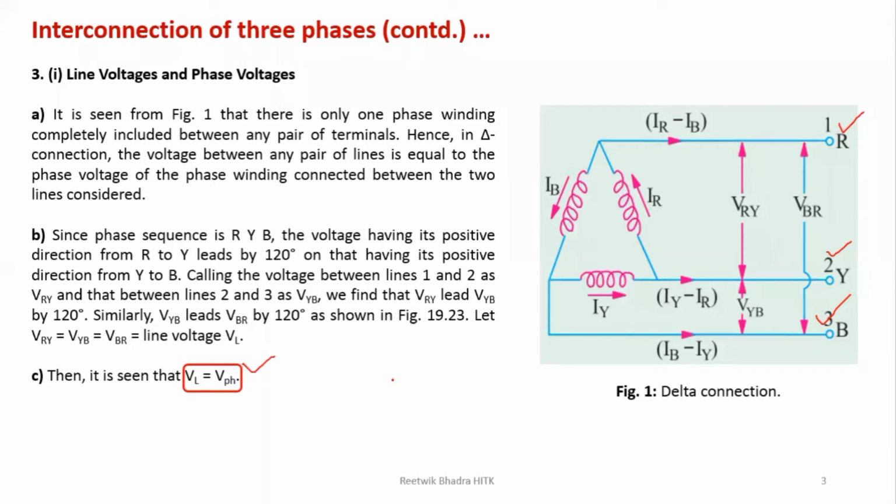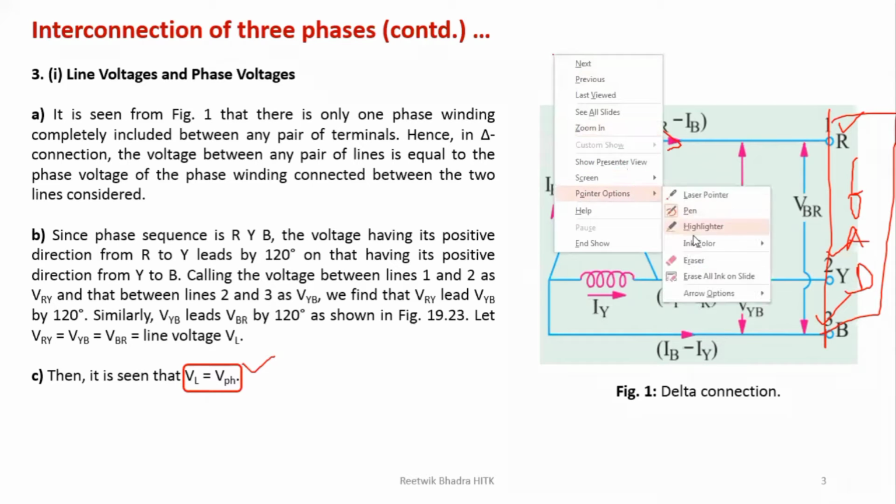Now, going to the first diagram. If you look into these three windings, you see three currents can flow in. This is a closed loop, so current can flow in this loop. So in this R winding, I can think of IR current. In this Y winding, I can think of IY current. In this B winding, I can think of IB current. Always this current which is shown in this line 1, 2, 3 should be outward. It is coming out of this, because at this end you have to connect a load, and load consumes power. So current has to flow into the load. So this current direction has to be outward always.